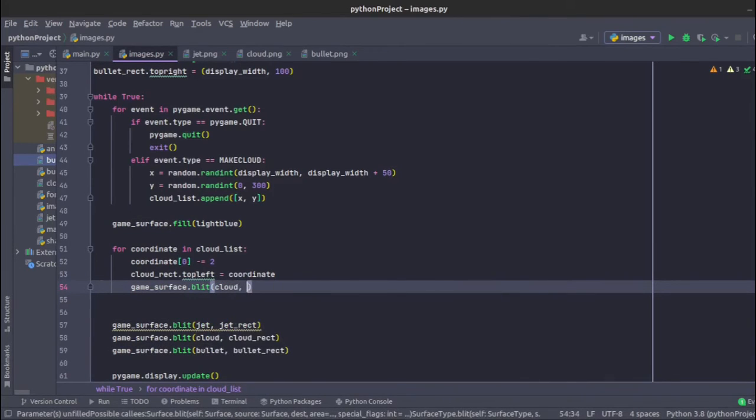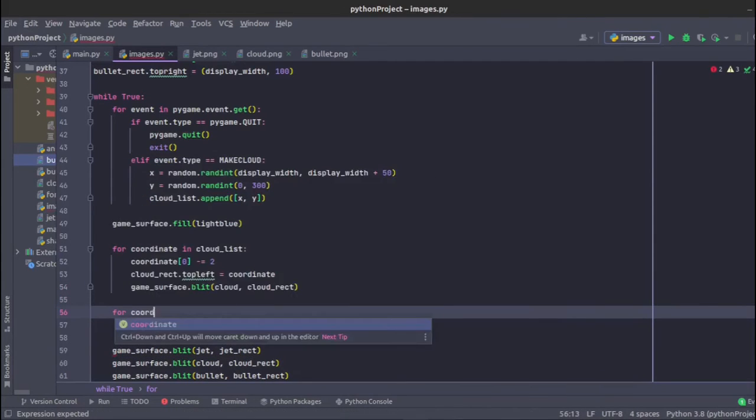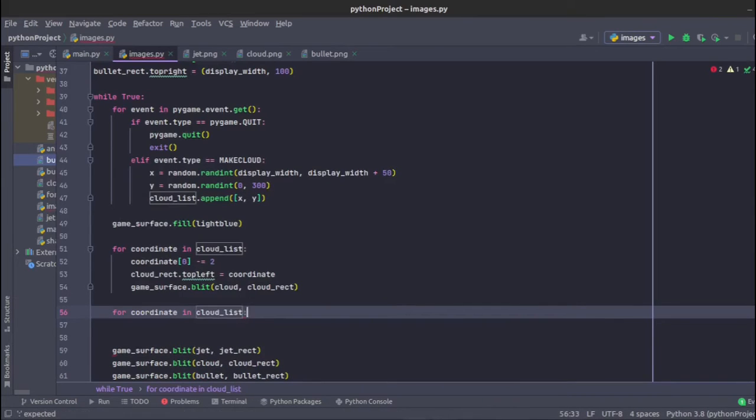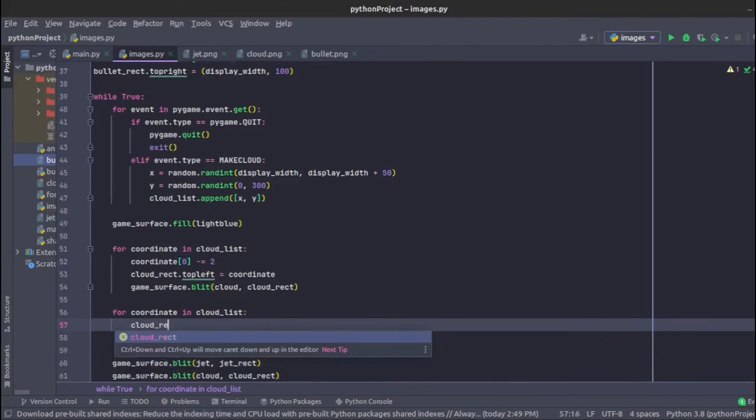And this is going to be cloud and cloud rect. Okay. And now let's just clean up the cloud list by removing our unneeded coordinates. So let's go ahead and make another for loop over here. So for coordinate in cloud list again. Now what we're doing is cloud rect